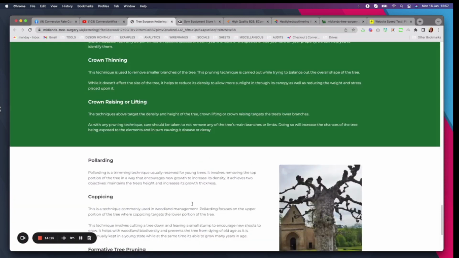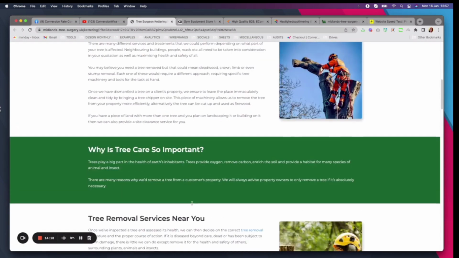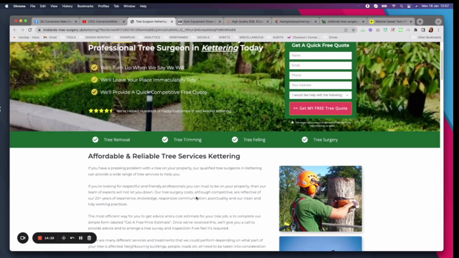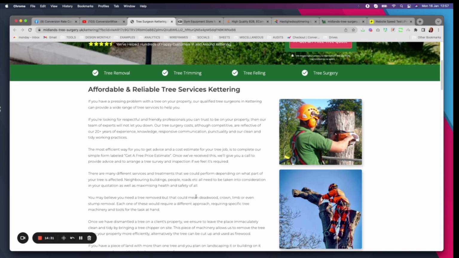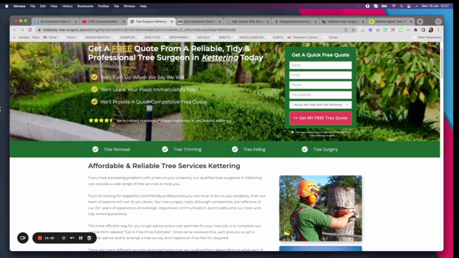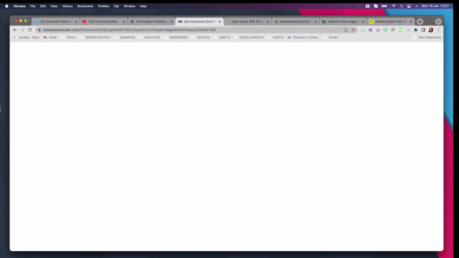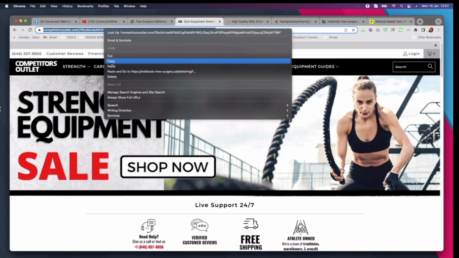So whilst this page has got loads of what looks like quite cool content on here, and if you are relying, maybe this is like SEO. I can't imagine it would be just SEO for this, but for anyone that's shouting at me saying, oh, it's SEO, we still need to follow those key principles. So we need calls to action, we need that flow, we need those killer headlines and all that good stuff. So a few changes. There's some really cool stuff on here, but I'd love to see those additional changes go into play. Let's go to the next one, which is a gym equipment store